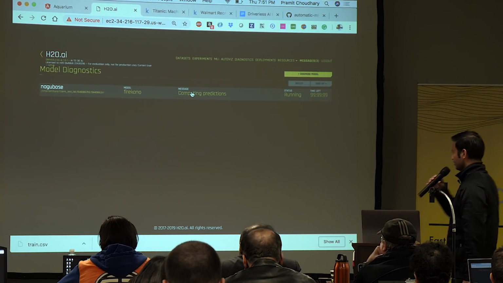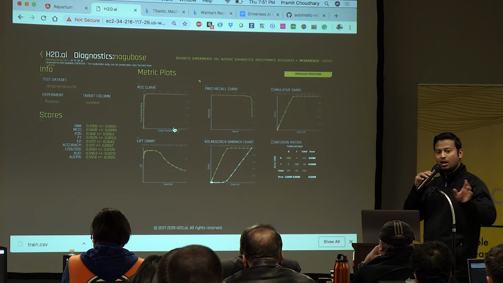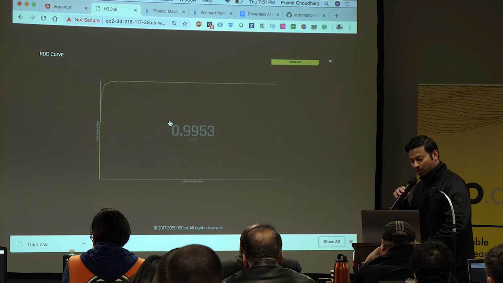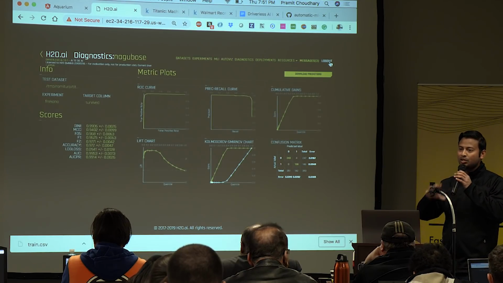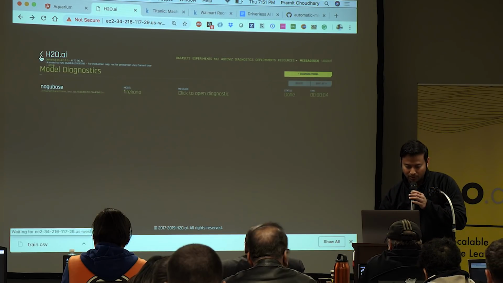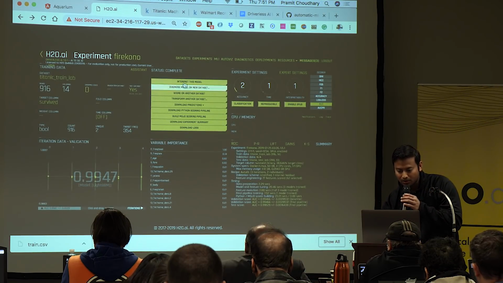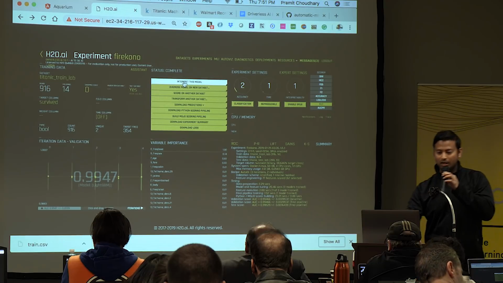See if I can quickly show you that as well. Okay, it's done. So the same ROC plot that I showed you, now you have multiple options to actually play with and interact with. So the aspect of interpretability is captured within the whole system. The other thing that I wanted to quickly show you was, so we go back to the experiment page and there's a button called Interpret this model. If we click on that,